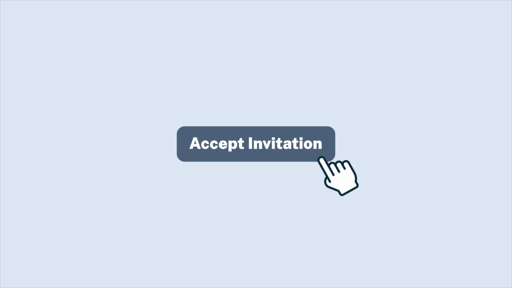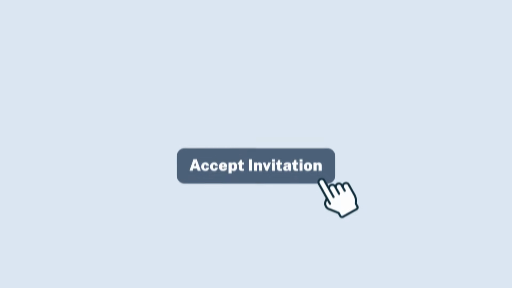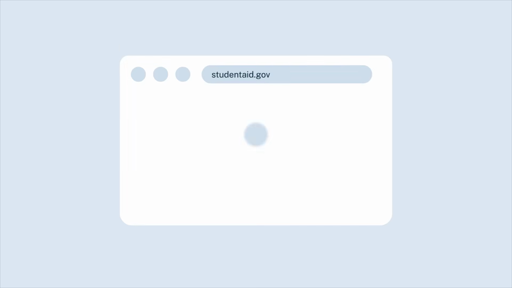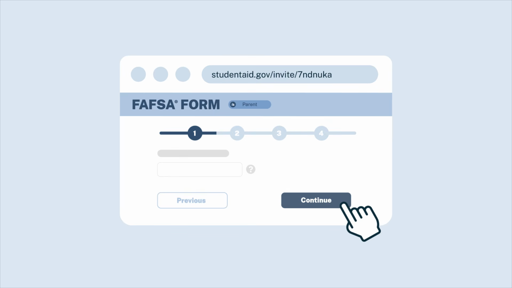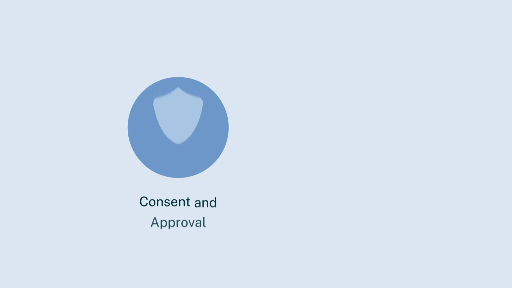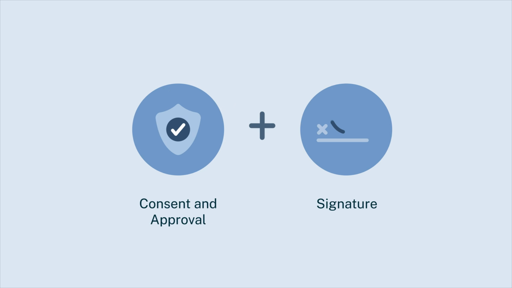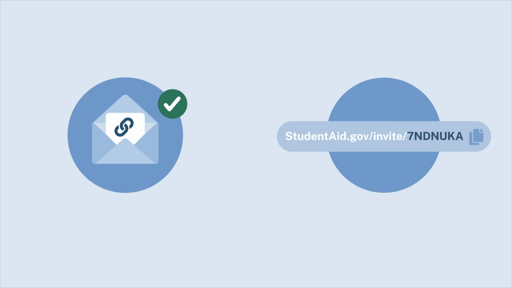Your invited contributor will receive an email to participate on your FAFSA form. They can select the Accept Invitation button in this email to be taken directly to your form. They'll need to log into their studentaid.gov account. Then, they can follow the prompts on screen to complete the required sections, provide consent and approval, and sign your FAFSA form. Using the invitation email is the recommended method for your contributor to access your FAFSA form. However, if needed, you can also share the invitation link and code that you receive directly with them, such as